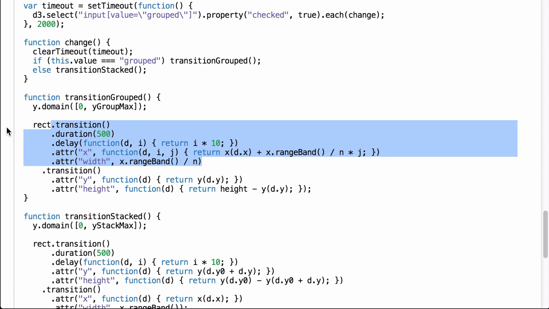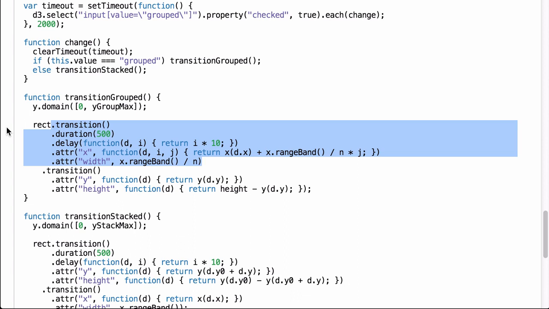First, we change the x of the rectangles. We are moving from a stacked bar chart to a grouped bar chart. So instead of the bars for a sample being stacked up on top of each other, they need to sit side by side. The math to do this is as follows. First, we take the x scale of the x for the element. This is going to be the same for all the rectangles in the stack because they are stacked. Then to each x, we add the range bandwidth of the x scale divided by the number of layers multiplied